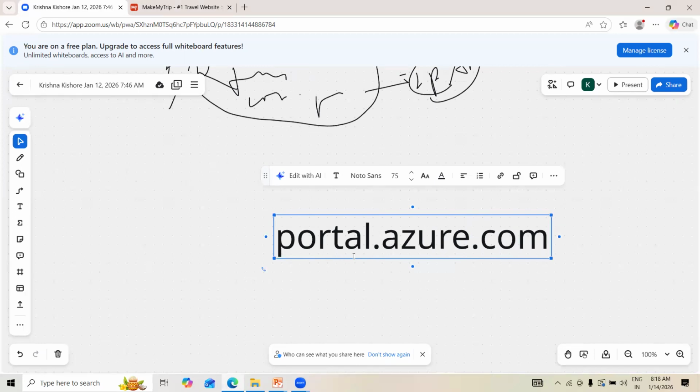No need to install anything, no need to set up anything on our local laptop. It's completely web-based, connecting through the internet. You can simply use portal.azure.com. Once you use this URL or link, what will happen? It will ask